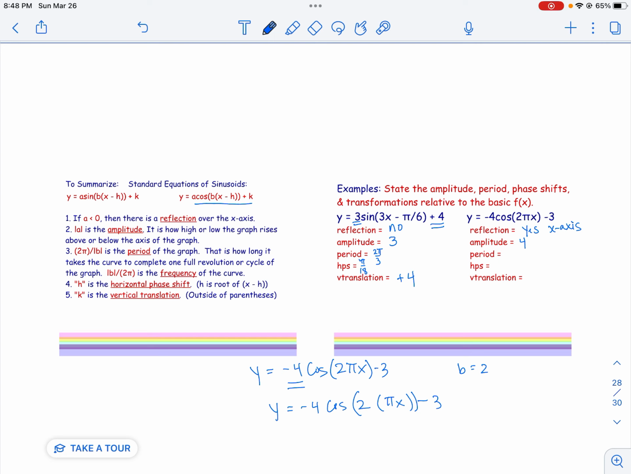Therefore, the period is going to be 2 pi over 2. And so that means that the period is pi. And I am going to see one full cosine curve between 0 and pi. Now, the HPS is the horizontal phase shift. And how does this work? Well, I'm going to take